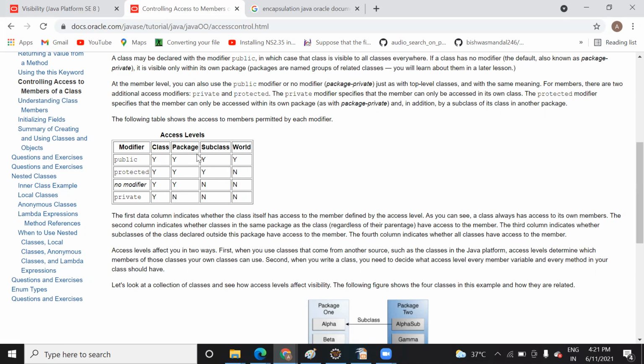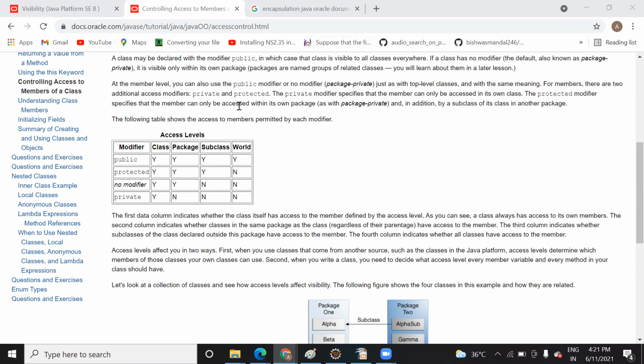What do you mean by this? I don't understand what is that yes, no. Yes, no is accessibility. When you declare any variable or method as public, Y means it will be accessible within the class. It is accessible within the package, accessible within the subclass, accessible to the overall world. When you declare protected, then it is accessible too. Okay, I understand.